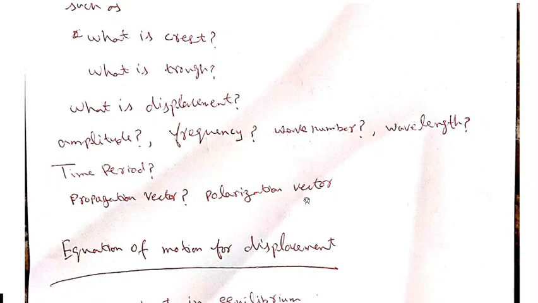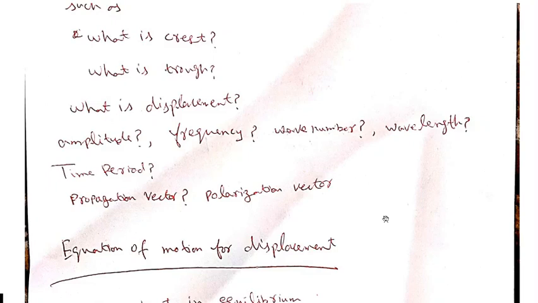This is a vector which specifies the direction in which the displacement is taking place. This displacement is taking place in a direction, and that direction is specified with the help of a vector which is called the polarization vector. These two are the unit vectors,